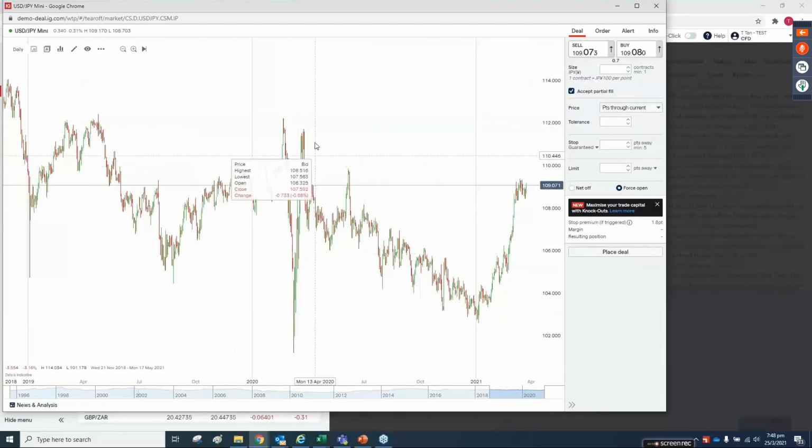Right, so this is your pandemic V-shaped move down and up. Since then, it has been going steadily, US dollar weakening. Right, and after that, then you have this big move up. So